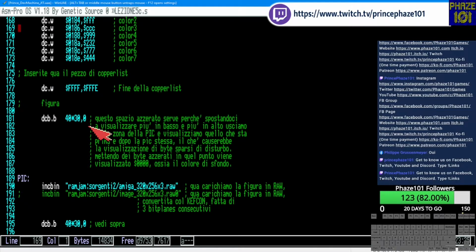Okay, and same at the bottom. So 40 bytes by 30. The 30 is the height, so it's 30 pixels height, basically. So that is why you see the white and the black. Now, if we pass to the code,